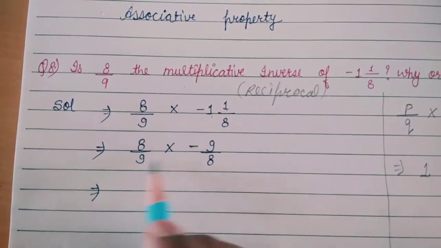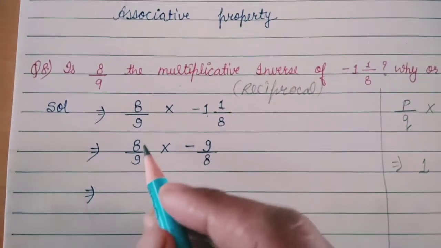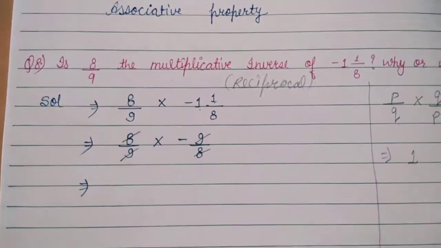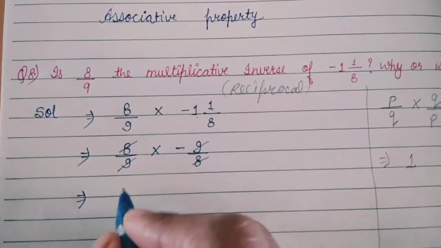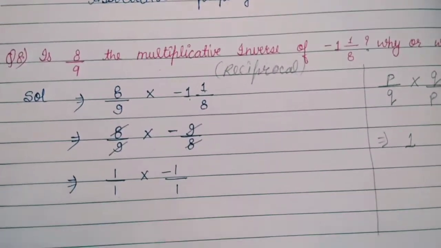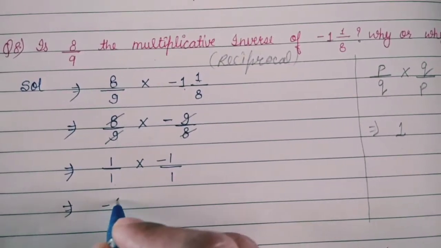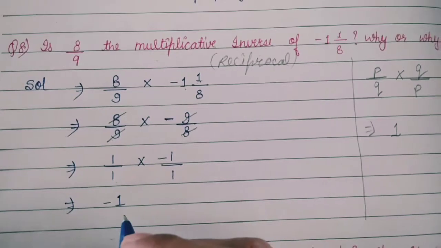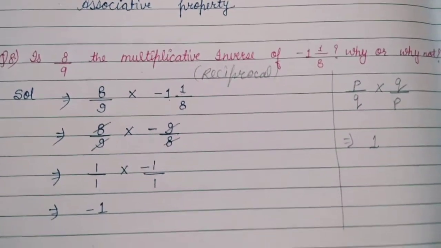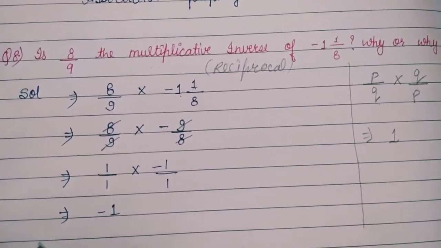When we cut 8 to 8, 9 to 9, we get 1 upon 1 multiplied by minus 1 upon 1. Now when we multiply them, we get only minus 1. We needed positive 1 for the multiplicative inverse, but here we get minus 1. It means that no,